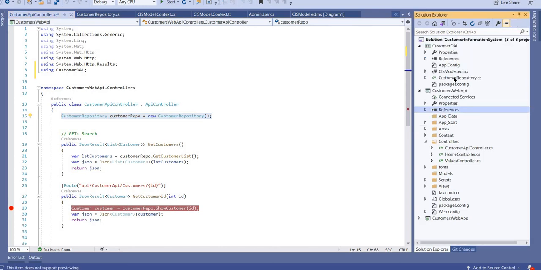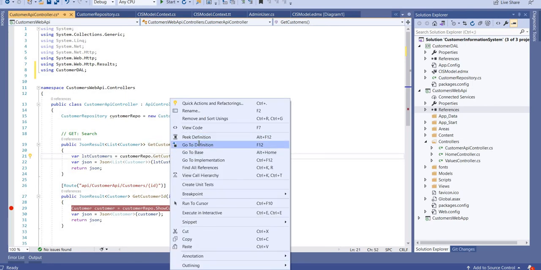Create an instance of that customer repository. This is your customer repository class. Create a reference of this, and then I am creating two web API methods. What is this? I want to get the customer detail. So, get customer, then customerRepo.GetCustomerList. Right click, go to definition.